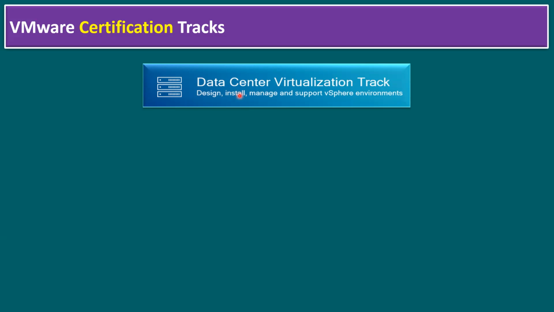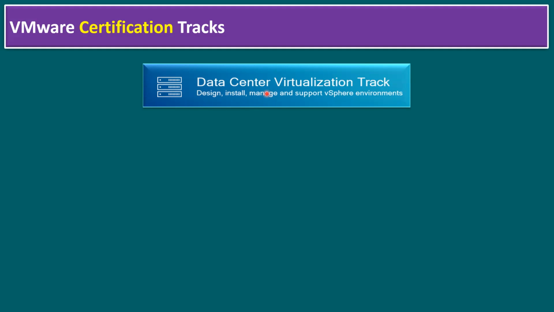Installation covers ESXi installation, vCenter installation, how we can configure the vCenter Server, deploy virtual machines, configure clusters, and how we can manage all our ESXi hosts and virtual machines using vCenter, along with some troubleshooting knowledge. All these concepts are covered within the data center virtualization track. The main key products within this are vSphere, that means ESXi, current latest version ESXi 8.0, and vCenter 8.0. If you have sound knowledge of these two products, you are eligible to apply for the data center virtualization track